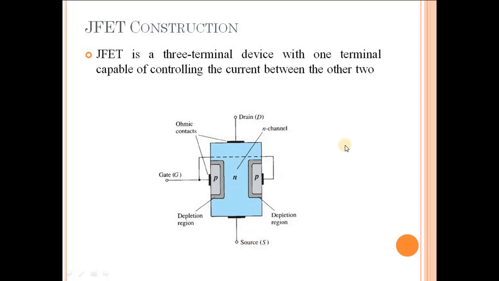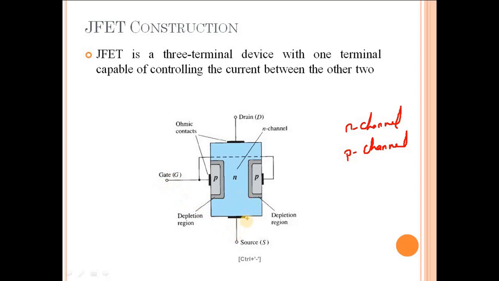So we can have two types of JFET. One is the N-channel JFET, or we can have a P-channel JFET. Depending upon whether it is an N-channel JFET or a P-channel JFET, the current is from drain to source or from source to drain. But anyway, there has to be some current between the drain and source terminals. Whatever the current is, it gets controlled by a voltage which is presented at the gate terminal with respect to the source.